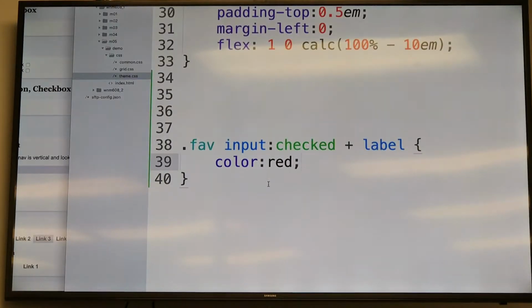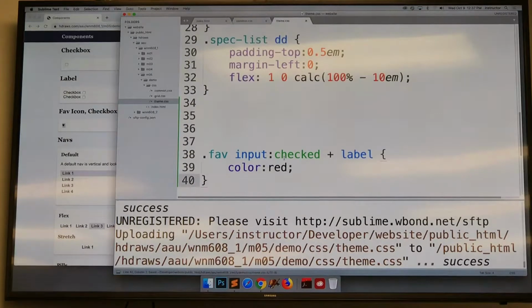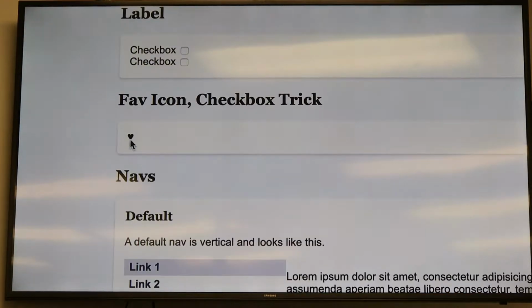Now, that's some CSS. You guys remember that page I told you to look at with the CSS selectors? Who read that? Okay, go read that page. Go read that page about CSS selectors that I told you all to read in the very first day of class. Okay? CSS selectors are super important, and it allows you to select a very specific element. This is a fave that has inside of it an input that is checked, and then it is affecting the label that comes after that input when it is checked. We're going to save, and refresh, and now,